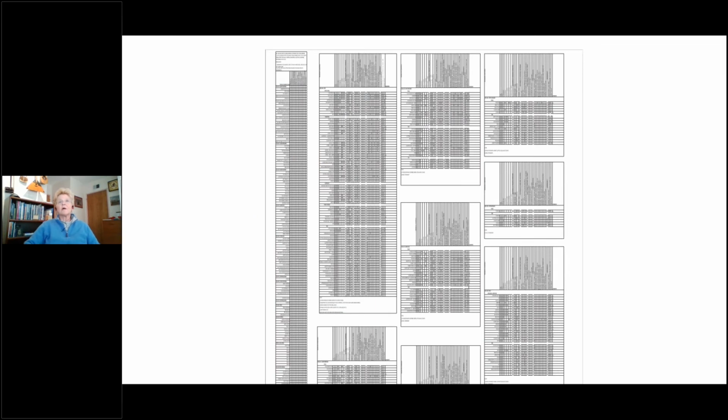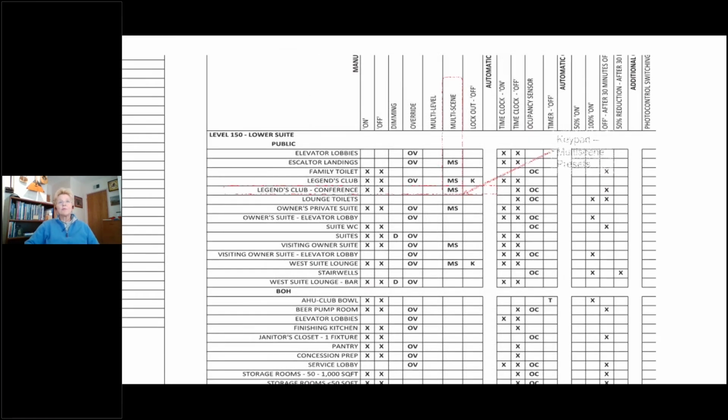Now, this is one that I received from an engineer, and you can see it's quite dense. If this were on a large scale piece of paper, it might be readable. I understand for you right now, it is not readable, and that is on purpose. I just wanted to emphasize the density of this information. Now, this is a pretty large scale stadium project, so it has a lot of rooms, and this one was organized by rooms. So I chose to blow up one small area here so we could just take a look at what's happening. And this obviously is a conference room, and it has a multi-scene control panel in here, and it has an on-off, obviously.